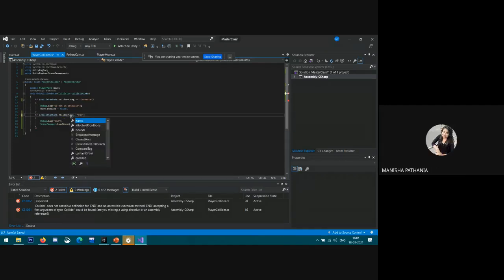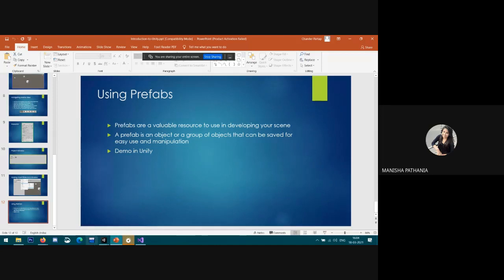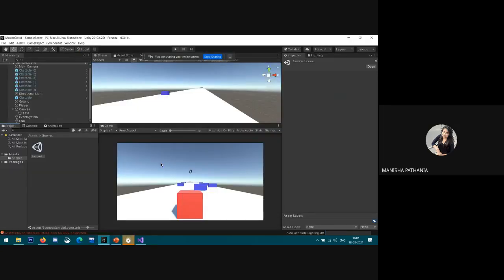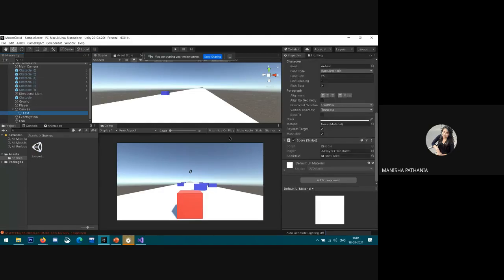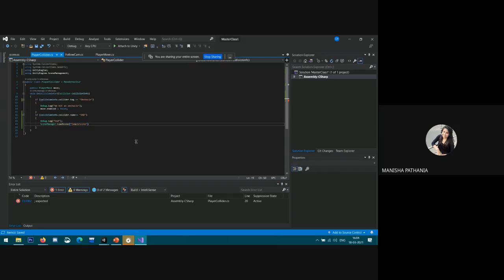It will check the name. If the name is equal to end, then it will load the same scene again, okay? So check this. I need to close it with a semicolon.